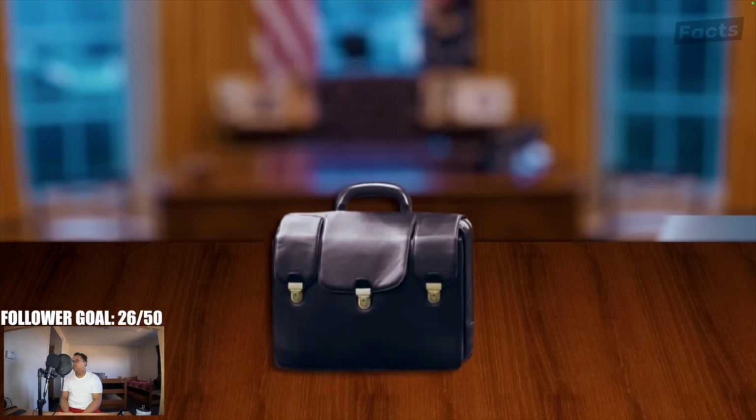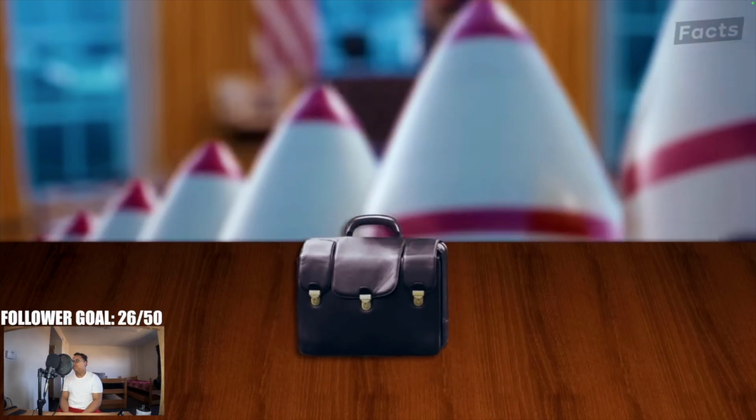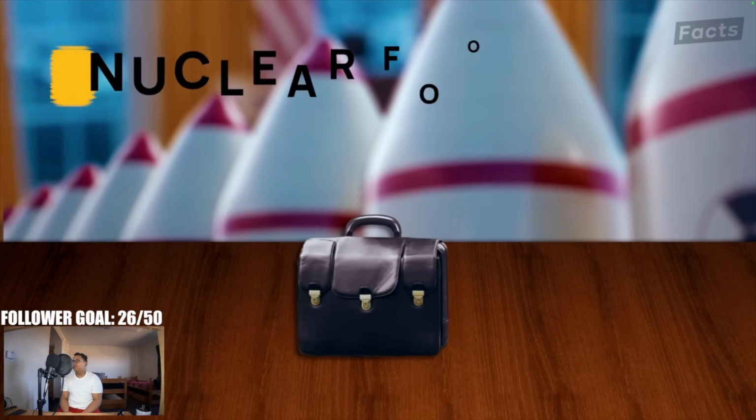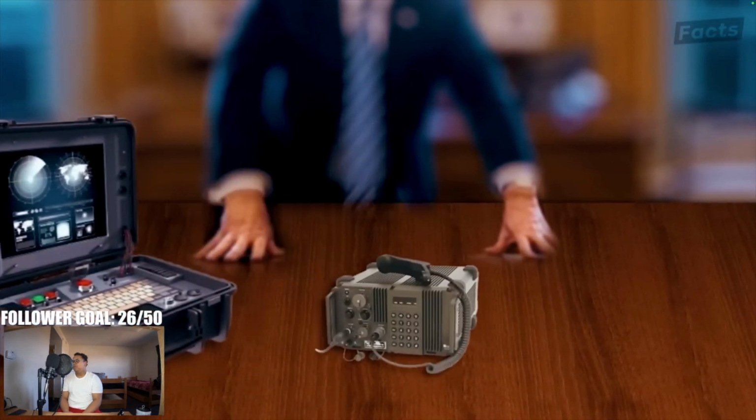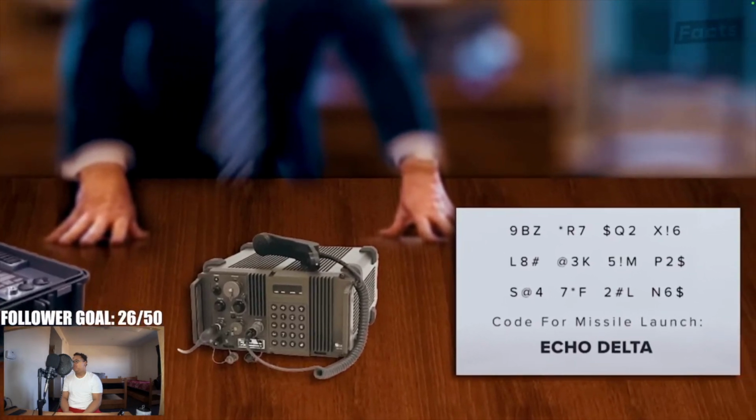Instead, it's actually the key to America's nuclear arsenal. Known as the nuclear football, this briefcase actually holds a robust communication suite, as well as the verification codes